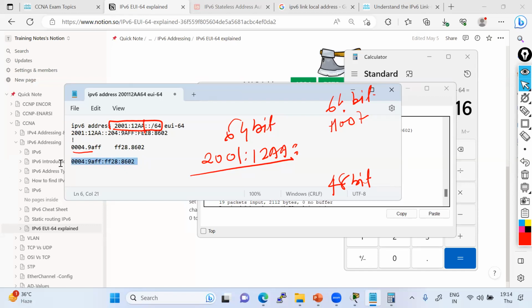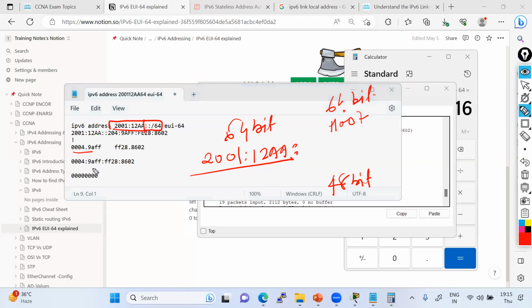Once you have 64 bits, what do you have to do? You just have to figure out the 7th bit from the beginning. So how is the 7th bit found? The first 0 is 1, 2, 3, 4, 0. And the second 0, again you convert it to 0, 0, 0, 0, right? These two you leave, because that already becomes the 8th bit, and you're just checking for the 7th bit.